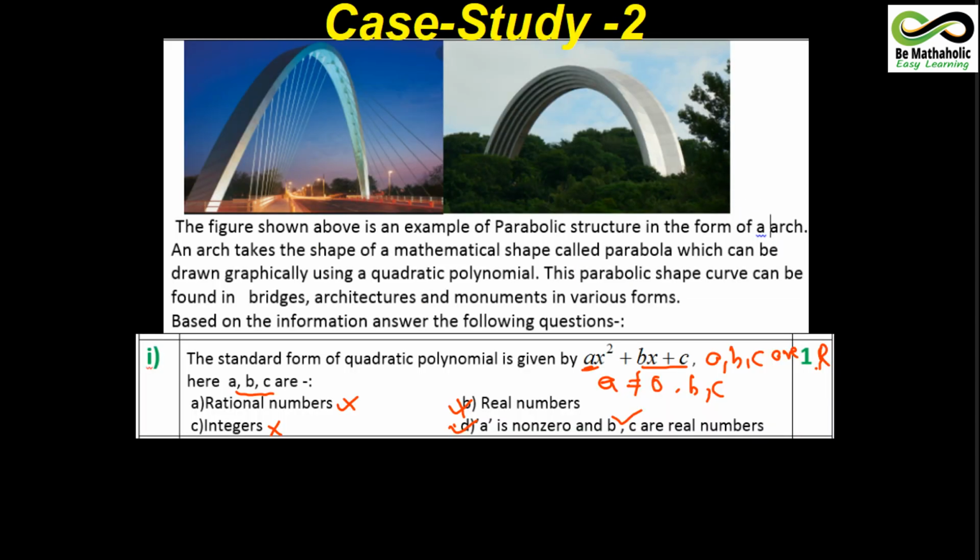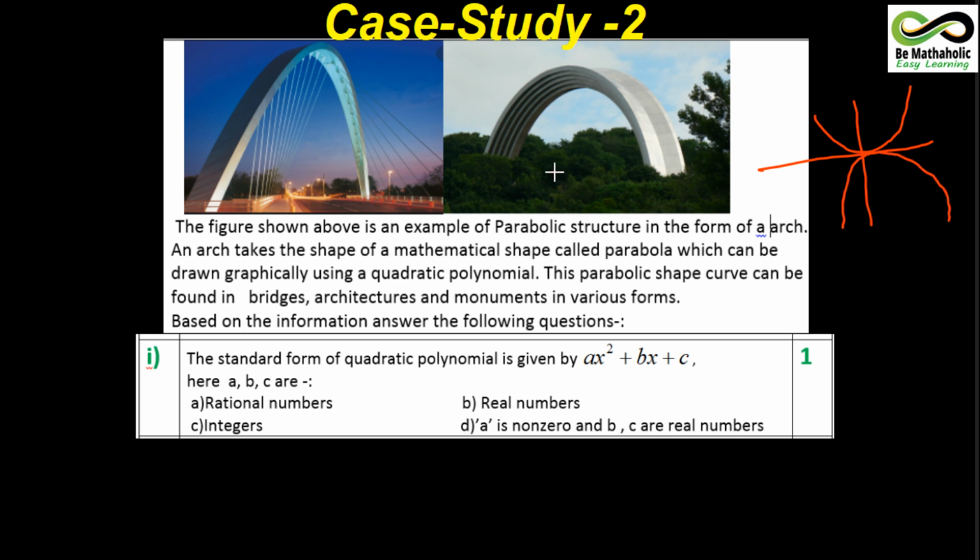Okay, now again we have something over here which is depicting the shape of a parabola. Now this is in fact two types of curves you can say. As I told you earlier, children, the curve may be open upwards, the curve may be open downwards. So this is one example where the curve is in a downward shape, okay. And remember, this type of curve we have when the general polynomial expression of a quadratic polynomial is given by ax square plus bx plus c.